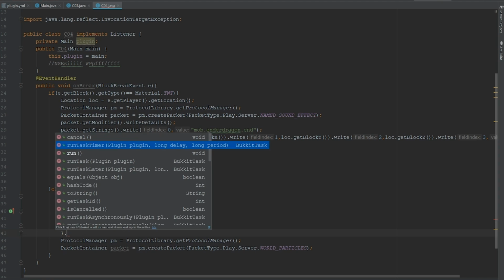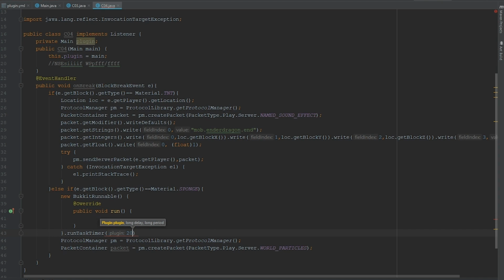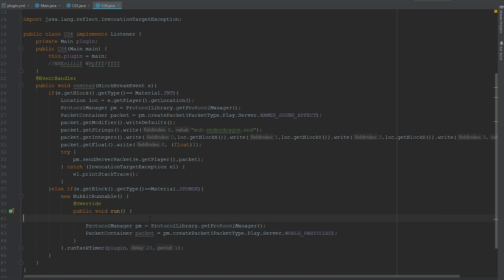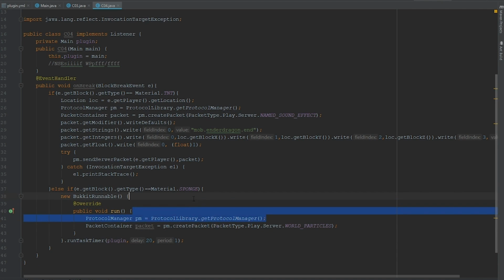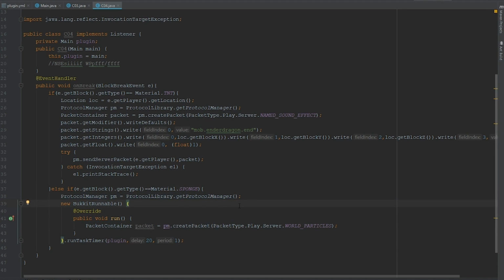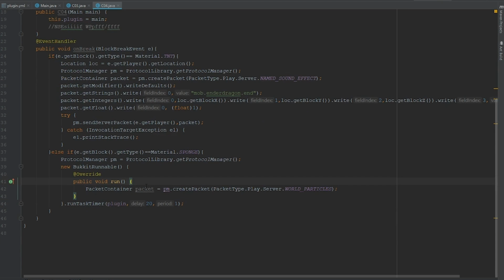Let's run this after 20 ticks and every 1 tick. Okay, whoops, sorry, I forgot to deploy in here. So that's it. So I'm gonna move this here. I'm gonna move this here. Actually, we don't need it inside. We only need the